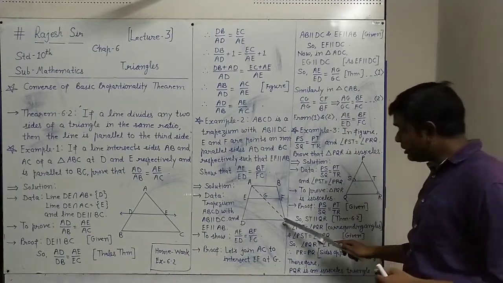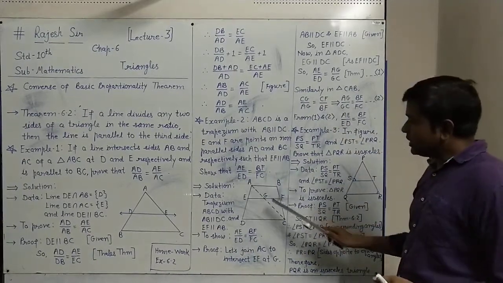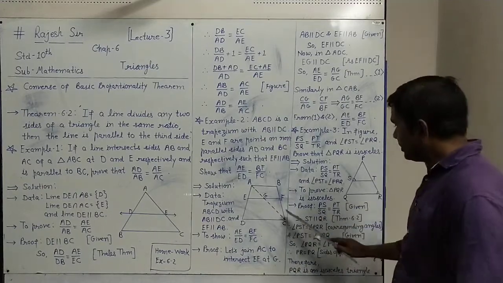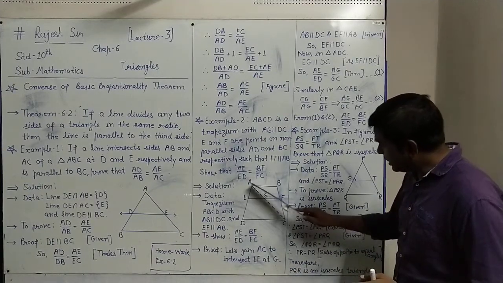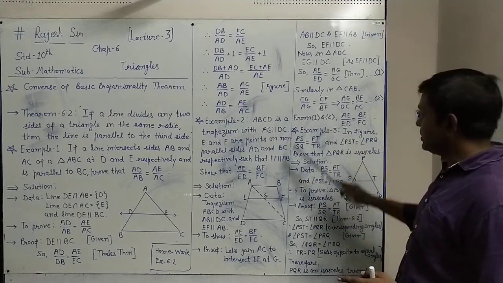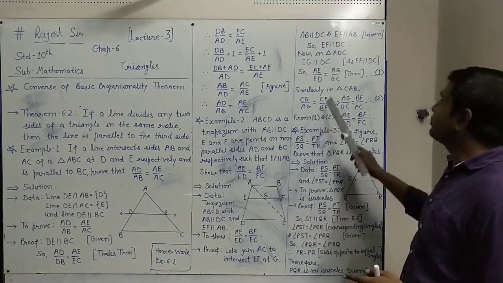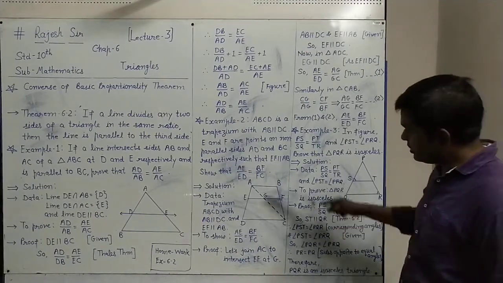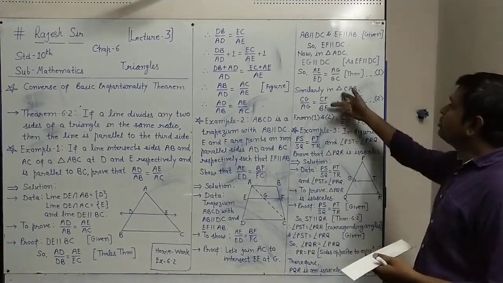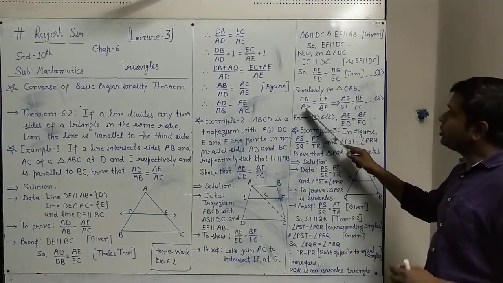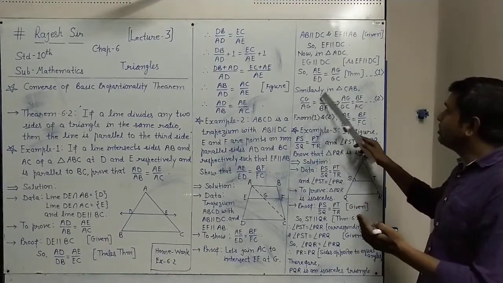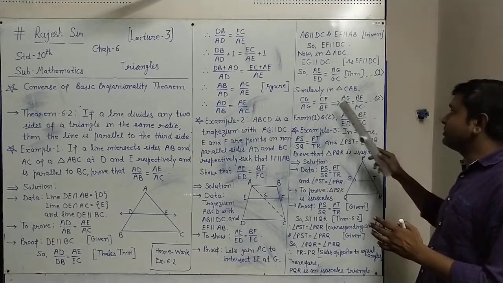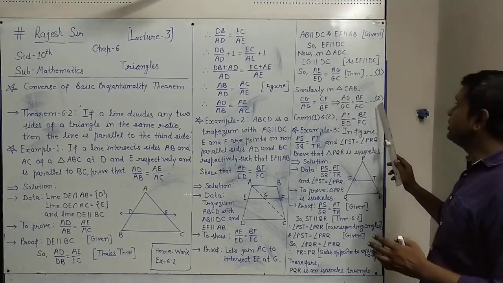Similarly in triangle CAB you see. In that also GF is parallel to AB. We can use Thales theorem. In that it will be CG upon AG equals CF upon FB. Again Thales theorem is used. Now do the inverse on both the sides. CG upon AG, inverting it will become AG upon GC, equals, inverting this, BF upon CF or FC. So this has result 2.